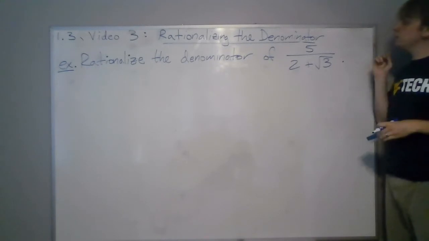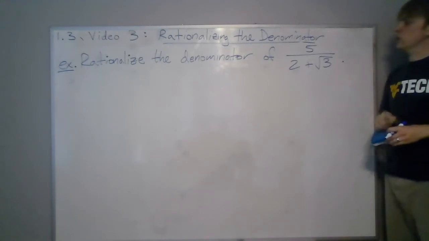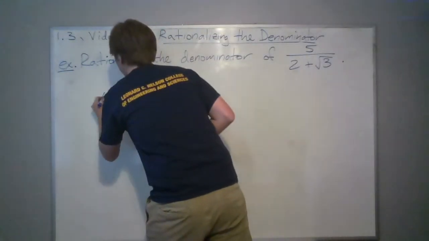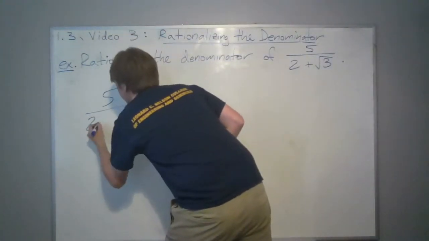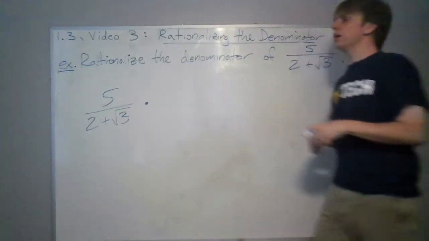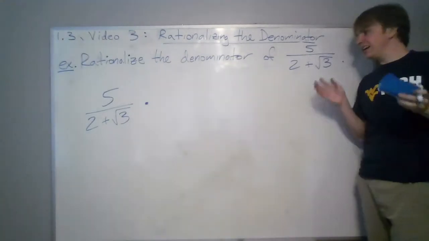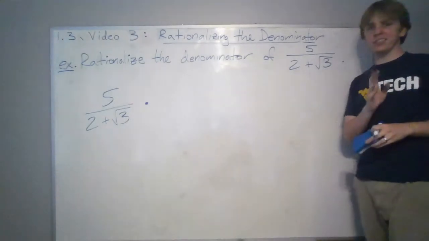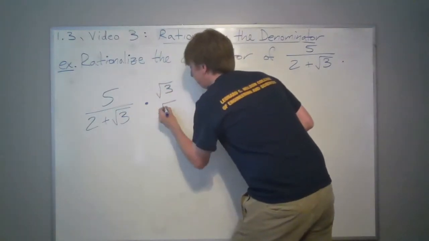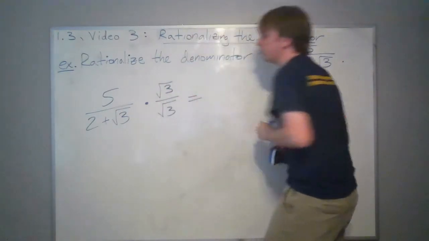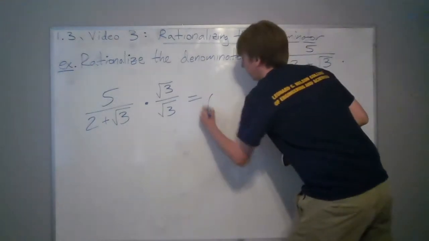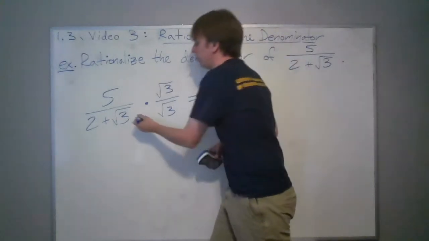Okay, let's try this out. So I see a square root of 3, and an intuitive first thought would be, well, hey, multiply it by square root of 3. It turns out that's not what we want to do, but let's talk about why. If we multiply it by square root of 3, we have to do the same thing on the top and the bottom. And then the bottom is actually more complicated than it at first appears,